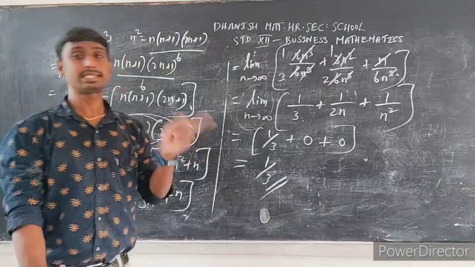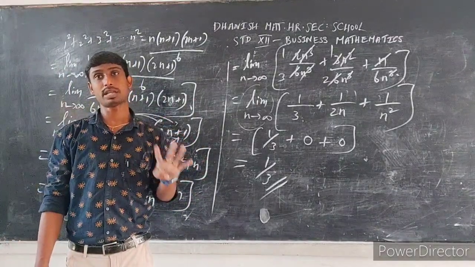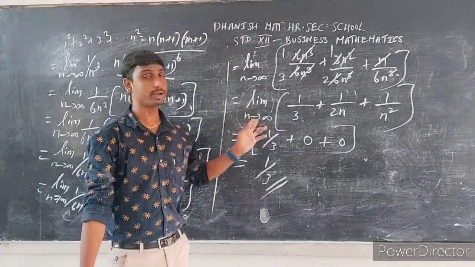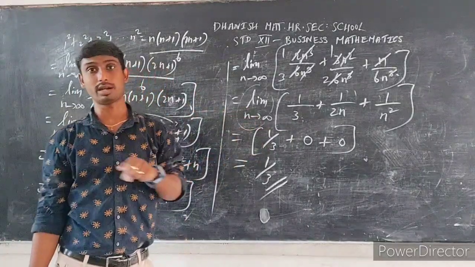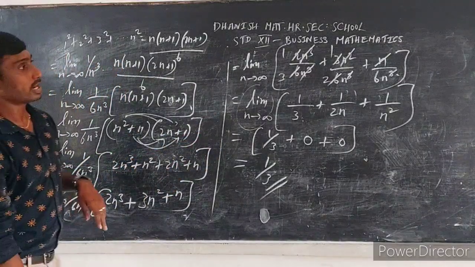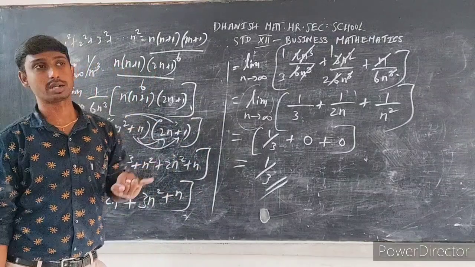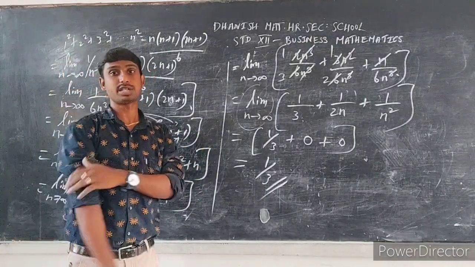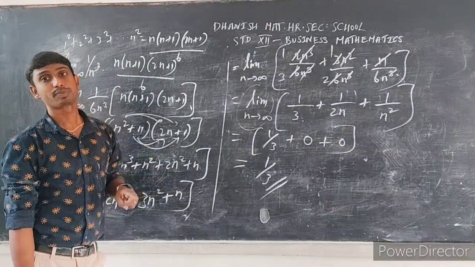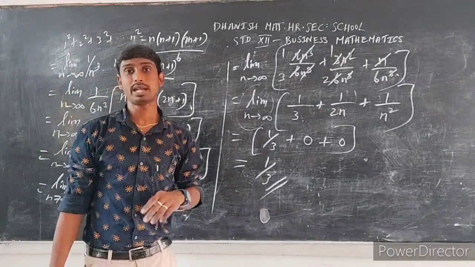Okay, so the next step, the fourth and final step, will be summation. Now next we are going to multiply that summation one. Summation one will be multiplied into both the terms. So then we are going to apply the formula. So what are the standard formulas here? Summation of 1 means that will be n. Summation of n means that will be, what is the formula? n into n plus 1 divided by 2.